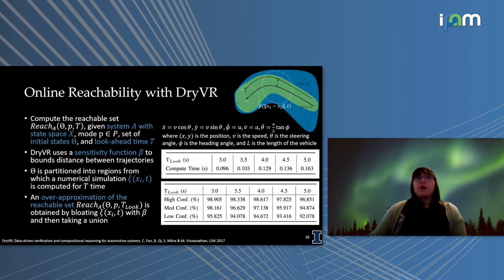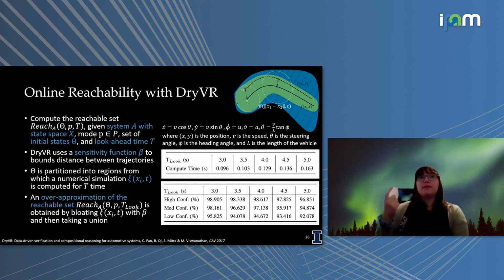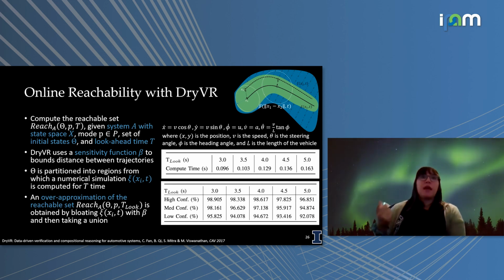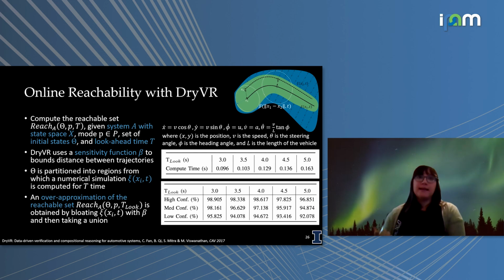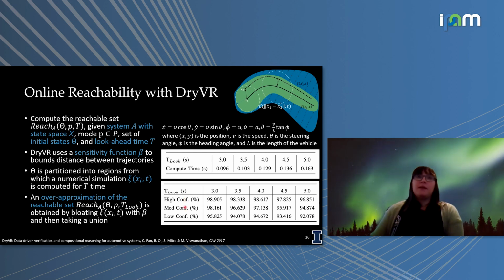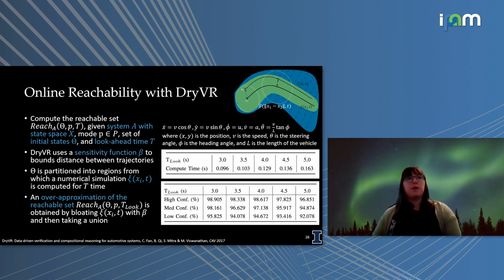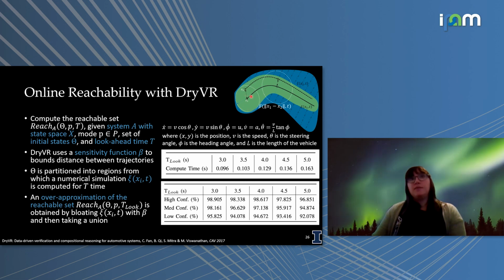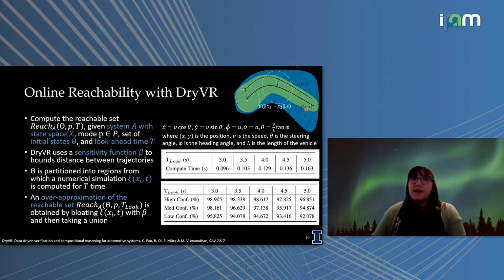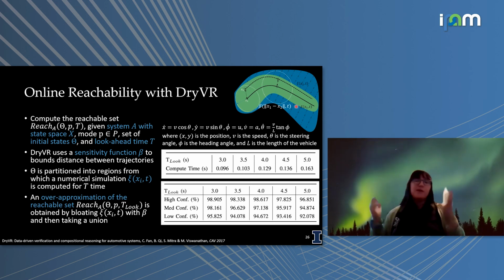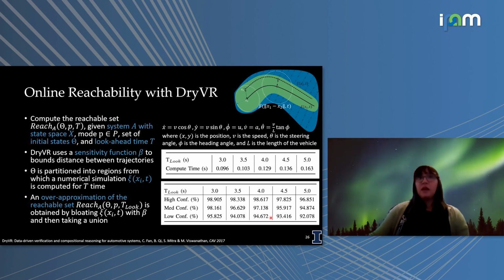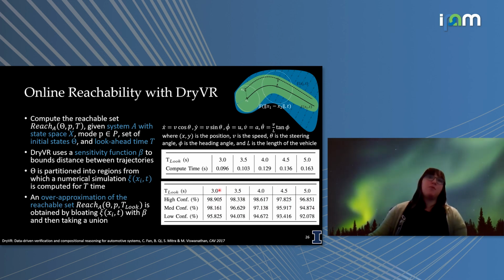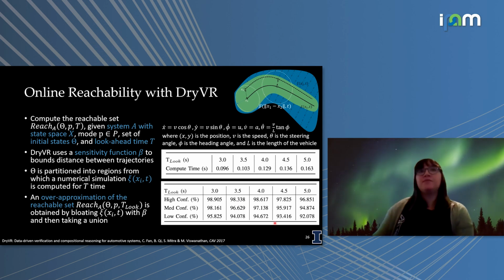So we looked at different confidence levels. These different confidence levels are looking at the different sizes of our initial set. This can help us capture how much uncertainty we're assuming is in our system. So depending on how confident we are in both our perception and state estimation, we can expand or grow this initial set, and we get these multicolored or expanding reachable sets that can capture this behavior. As we increase our time horizon, we tend to get decaying performance, but as you can see, this is pretty effectively capturing this vehicle performance.